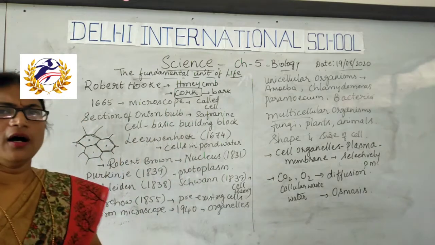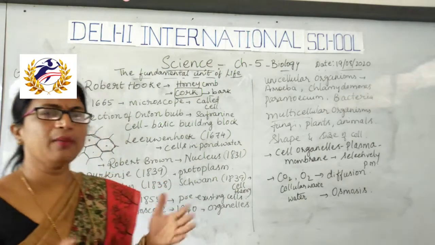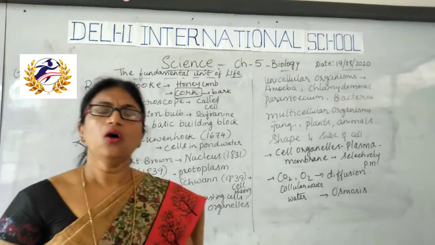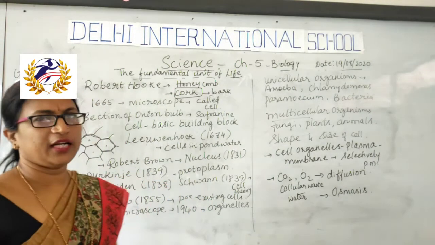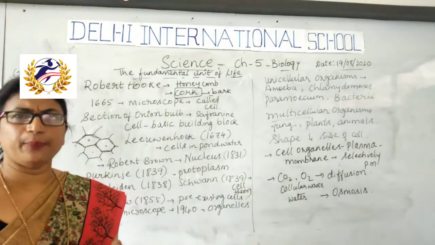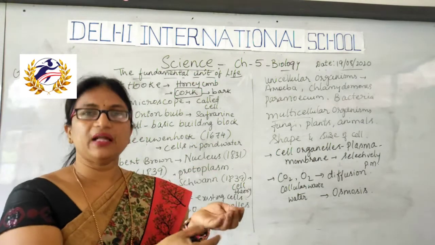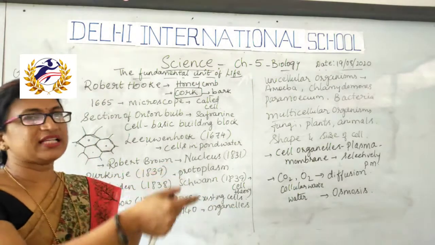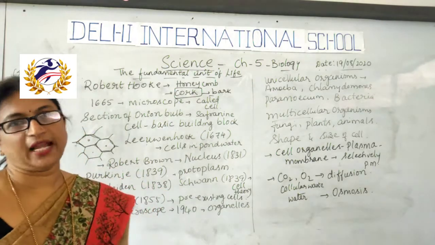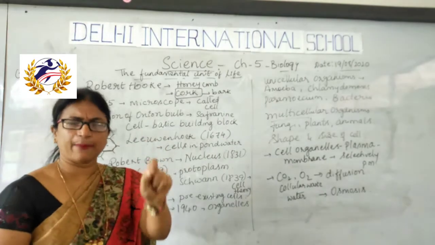Okay, so then, because of his curiosity, he studied different species. He studied different plants, for example, a section of the onion bulb leaf. So how do we take a section of an onion bulb? Take a sharp blade and pull out the epidermis of the onion, the pink color. Pull out the skin of the onion and take a thin section of the onion using a sharp blade. Then take that section using a paint brush.